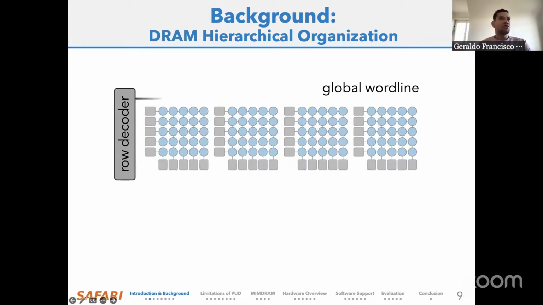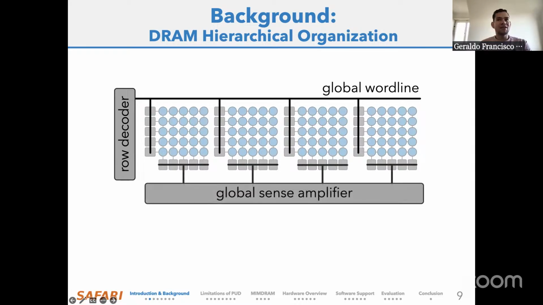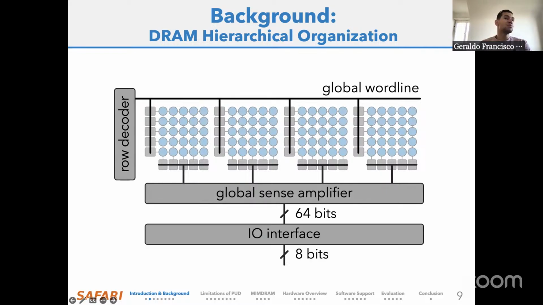The many mats in the DRAM subarray are indexed using a global row decoder, which propagates the target row address across all of the mats using the global word line. To move data outside the DRAM mat, a DRAM subarray uses a global sense amplifier. And to move data outside the DRAM subarray, a DRAM